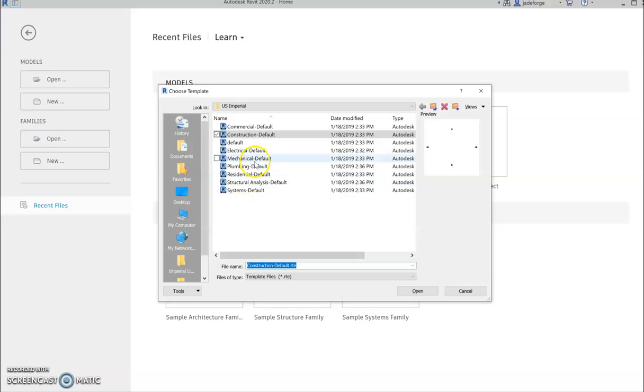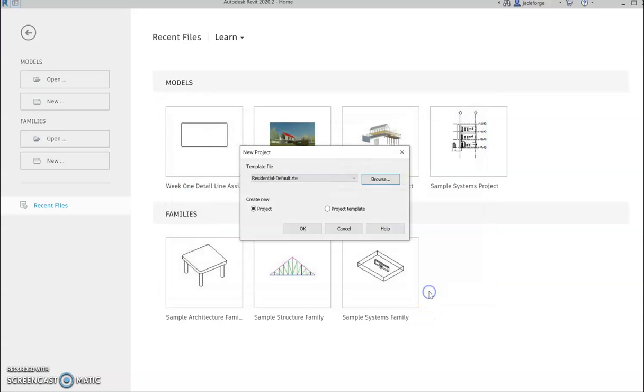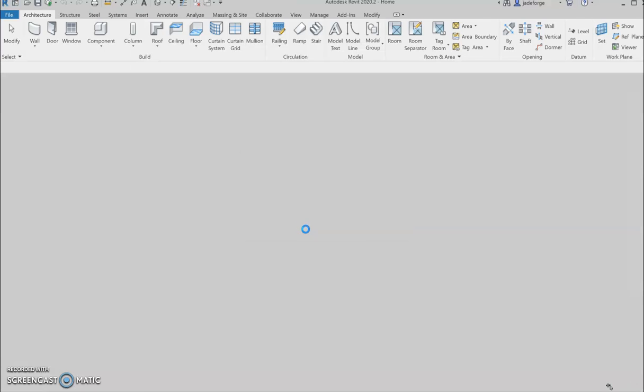So here's all the other ones as well too. So electrical can have theirs, mechanical, and we can use these different ones to be able to create our projects. But we want the residential default because this is going to give us all of the items that we need to be able to successfully draw a residential working drawing, create a project